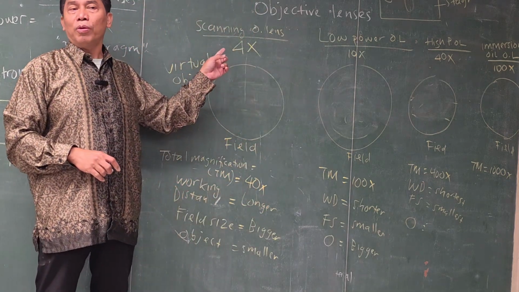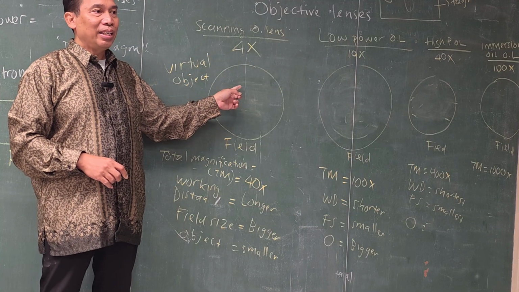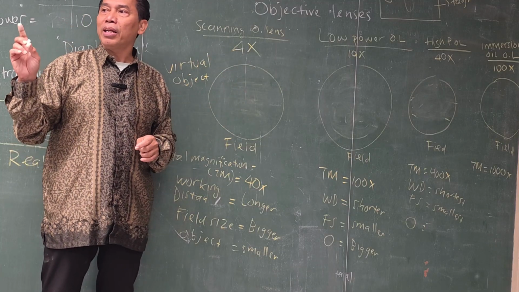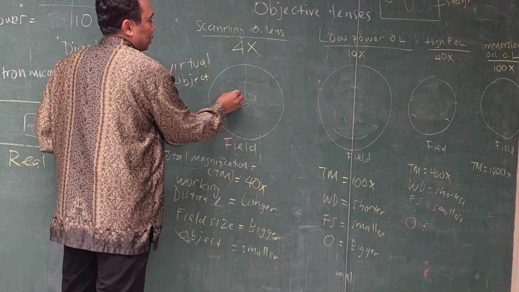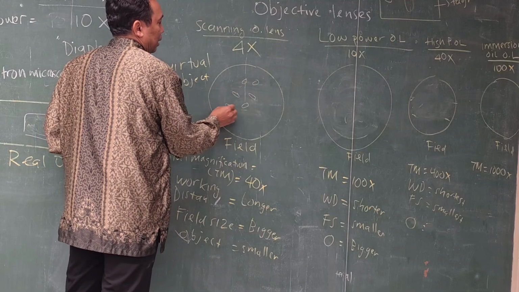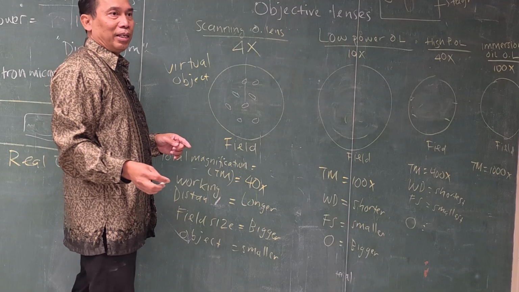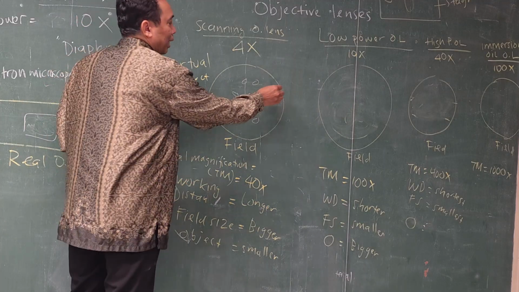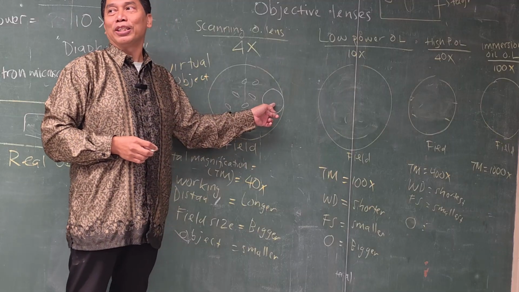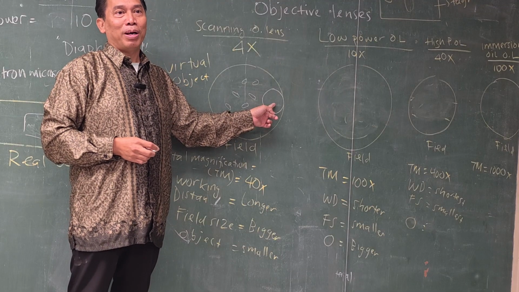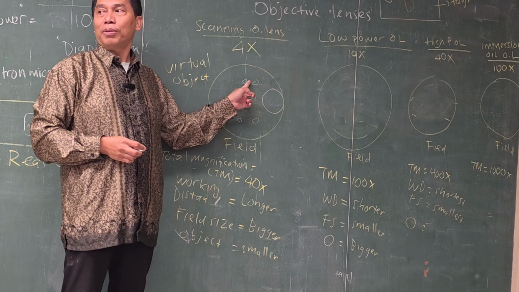Again, this is the rule. Always start with the scanning lens. See under the scanning lens, then you might see the cells, very, very small. Mostly they're going to look like this. If you see an object like this, that's actually an air bubble. That's not the one you're looking for. The one you're looking for is the cell. It's going to look like this, very small.